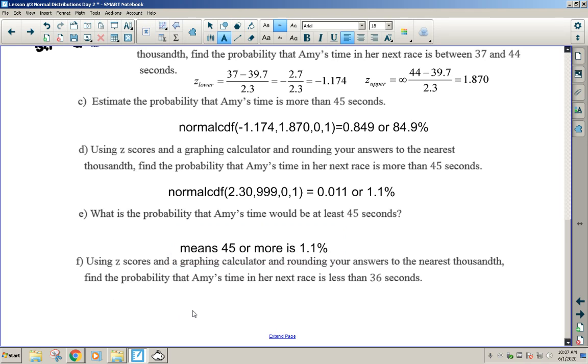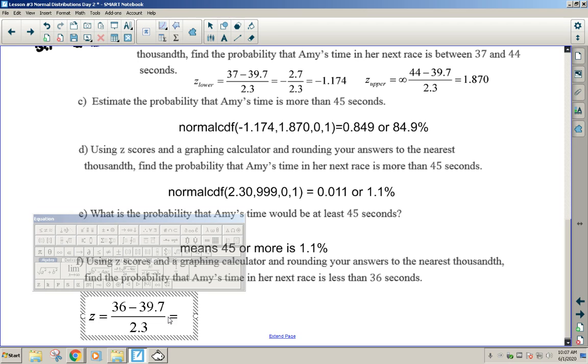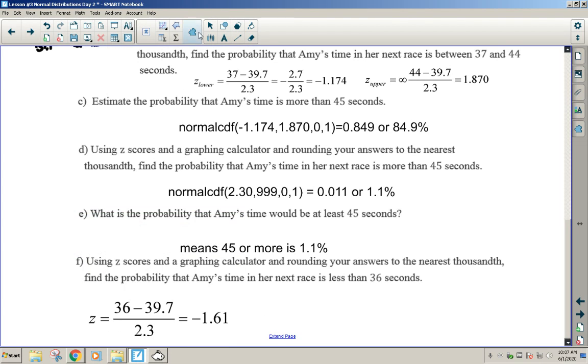And then F, you should have gotten the z-score, 7 over 3, equals negative 1.61. And then when you now use the calculator and you have your normal